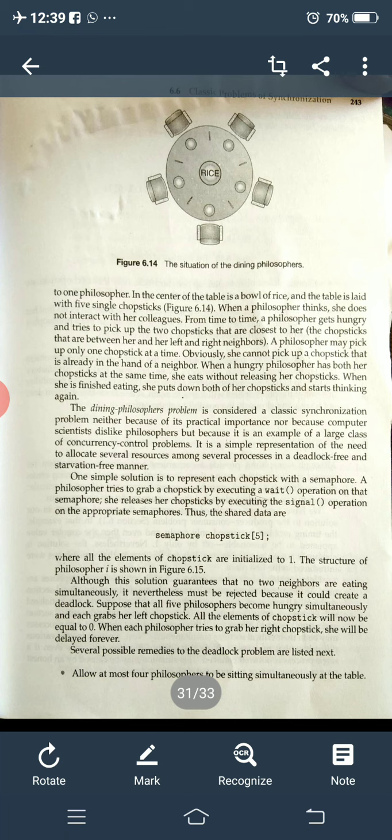They are sharing a round table, and during the thinking time they keep on thinking, and if they feel hungry, there are only 5 chopsticks. These chopsticks are used to eat the rice, maybe these are Chinese chopsticks.